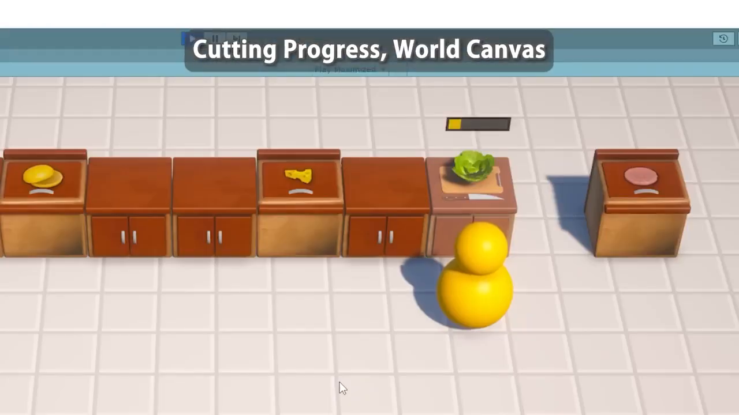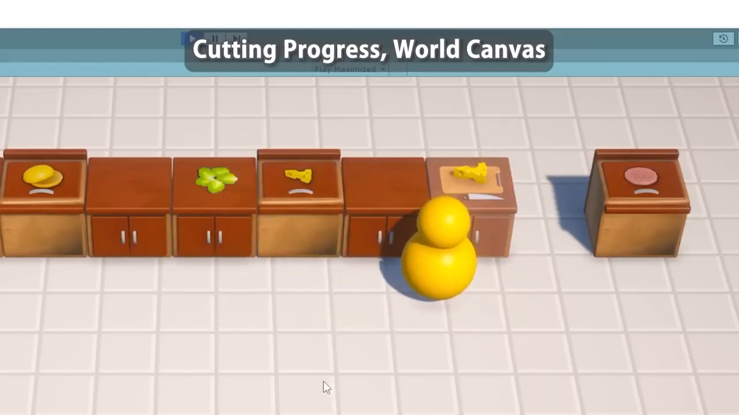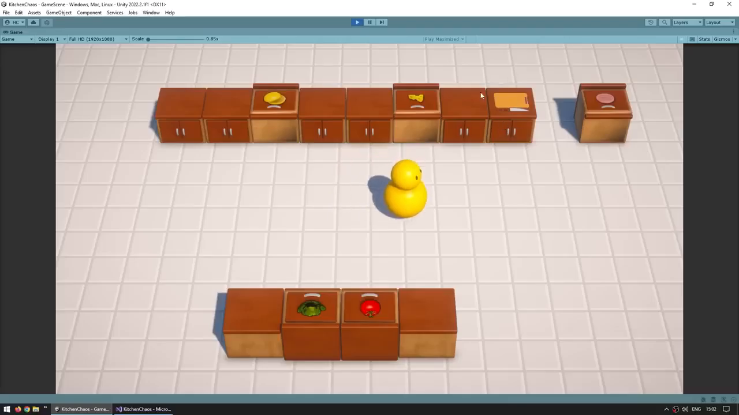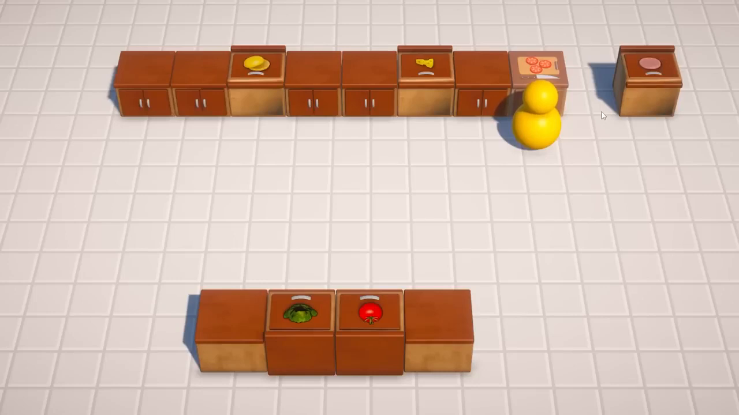In this lecture we're going to add the mechanic for the player to be able to cut multiple times in order to actually cut an object. Okay, so we have our cutting counter. I can drop a tomato and press a button, there you go, it cuts it straight away. Now we want the exact same logic, but we want it to take a few cuts before the cut object